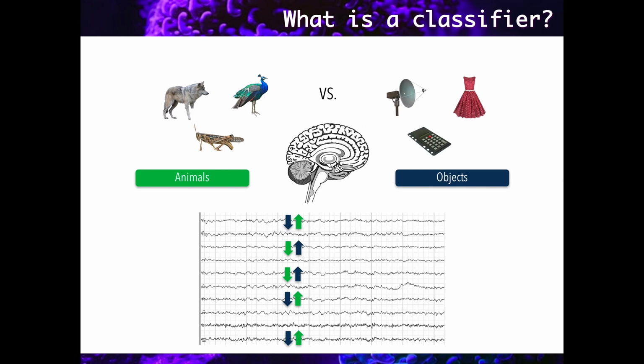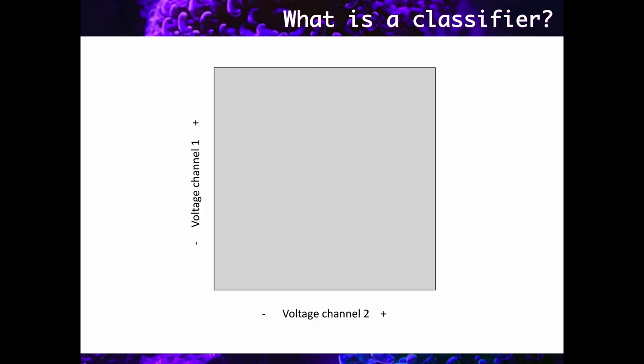So just to give you an idea of what we are going to see in a second, a classifier is a function that, after being trained with a lot of observations, is going to help us to find a rule to categorize a new observation. Let's take a look. First, let's think about a low-dimensional scenario.